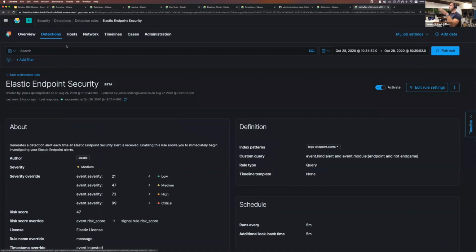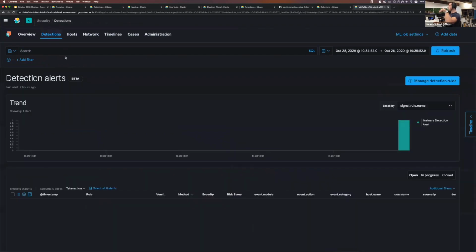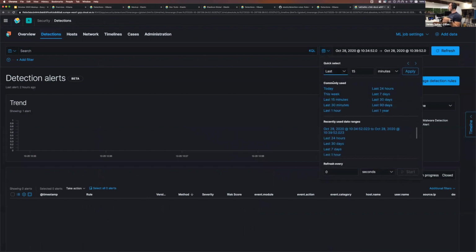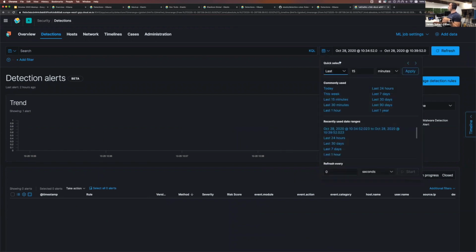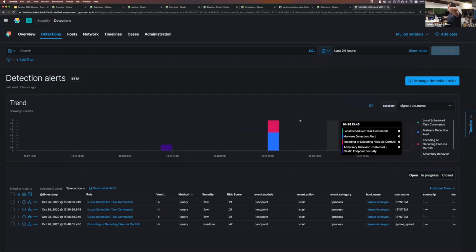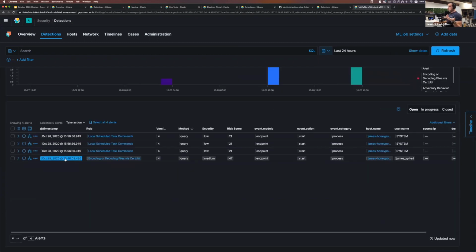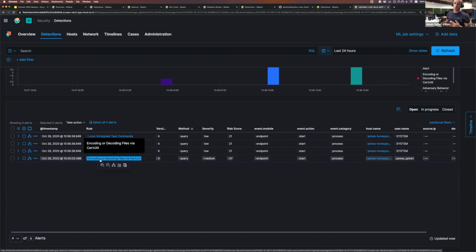What this allows me to do is, instead of honing in on a specific singular detection, see if there were any more in that time range. Let's just do 24 hours, because those are earlier today. And we can see actually there was one more alert which triggered. It was very related, which was an out-of-the-box detection we have for that sort of activity with certutil.